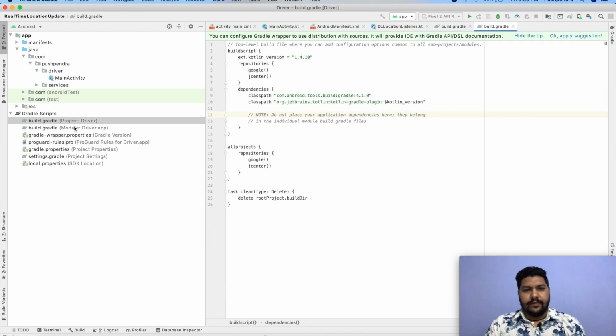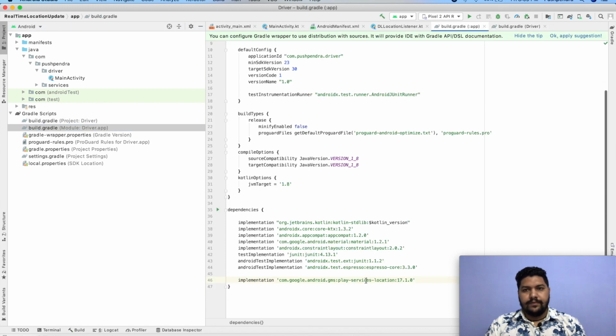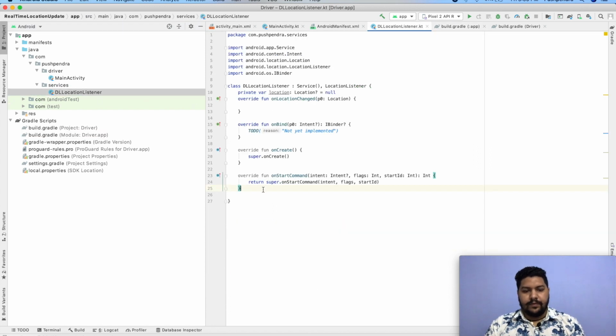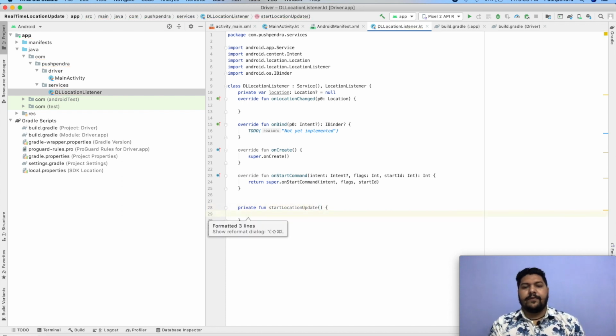This is all fine. So here is our location service. Now we can use fused location here. We will start with one function, private fun startLocationUpdate, which will start our location updates.